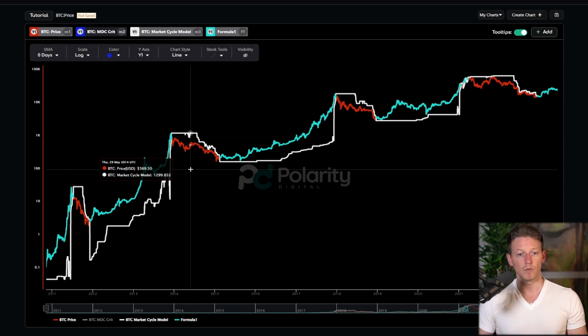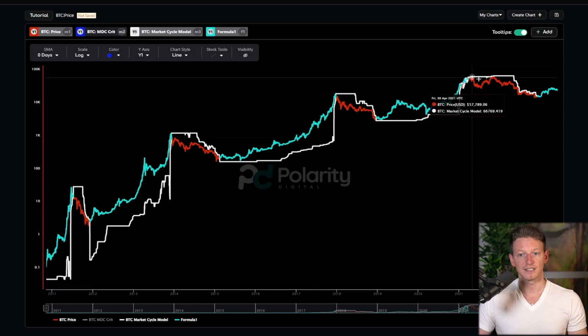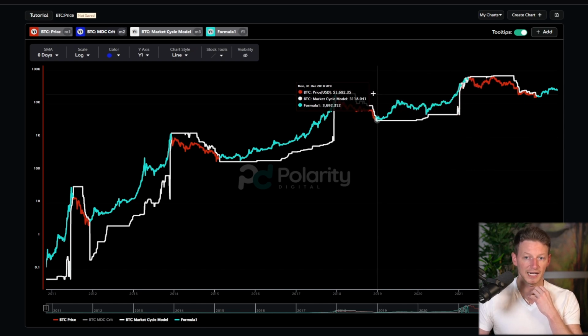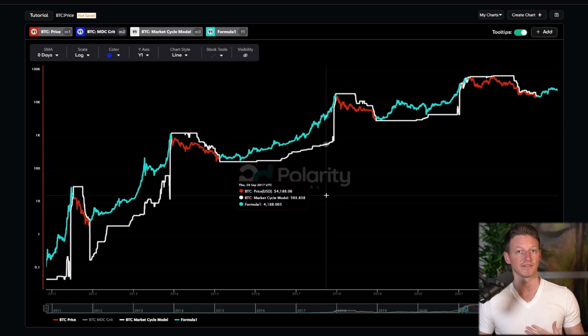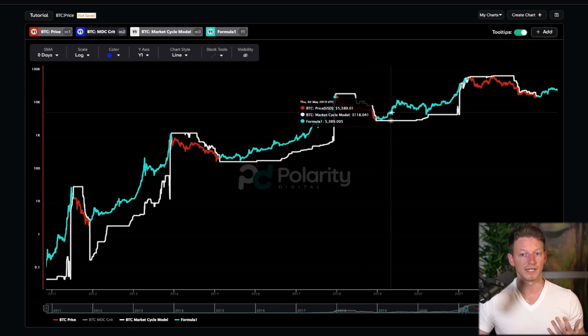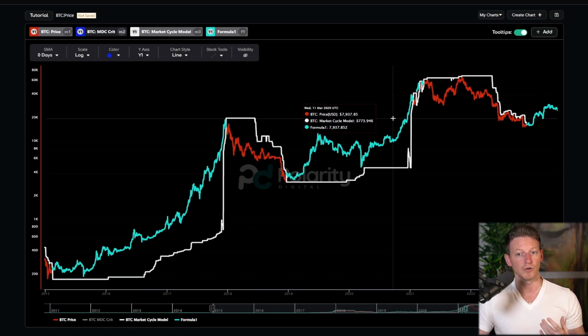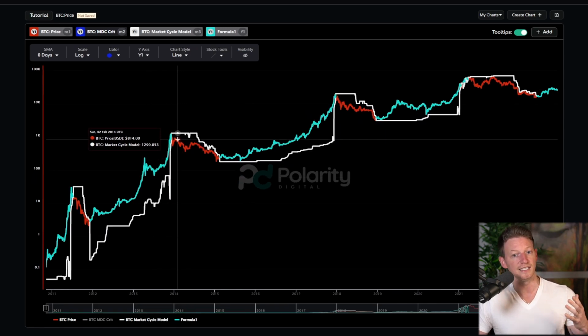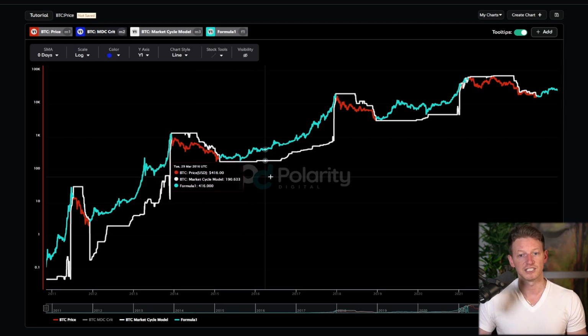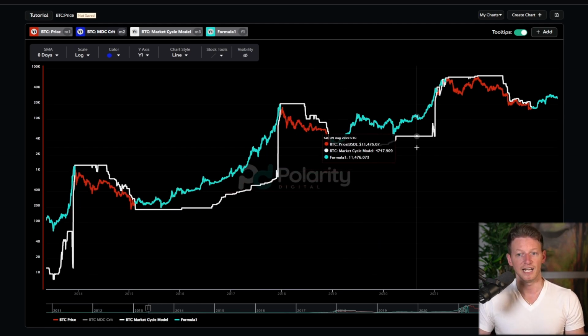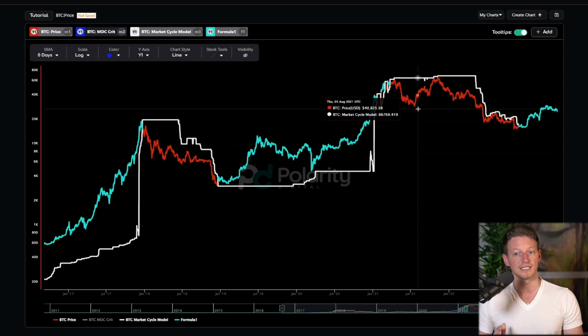Now, at the same time, what you can do is combine these strategies. You could combine the MDC and a model like this, and you could use this to confirm whether you're in an uptrend and you only want to go into swings above the MDC, or whether you only want to go into swings below the MDC where you're shorting during those times. And so that's a valid option. I haven't necessarily tested those yet, but I think that could be a very profitable strategy.